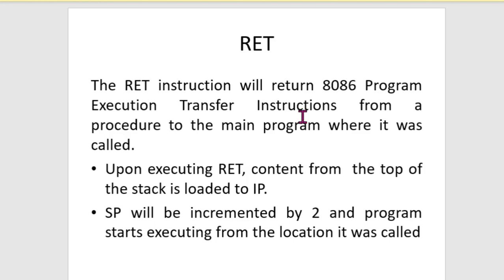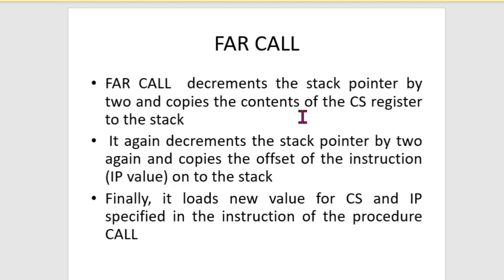So this is what happens during the return instruction. Now let's move on to a far call. What happens in the far call? The only change is that in the near call only the IP value is pushed onto the stack, but in the far call the code segment value is also saved onto the stack. Because now the addressing range is beyond 64 kilobytes, you need both the segment and the offset address on the stack. The rest of the procedure is as usual in the near call.